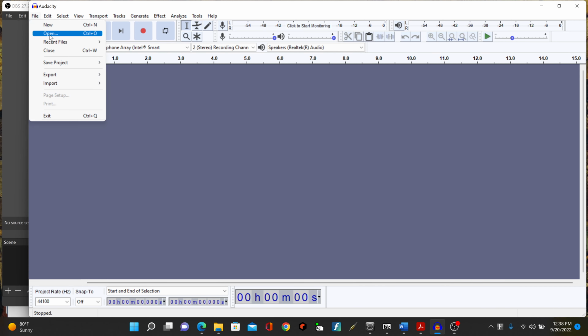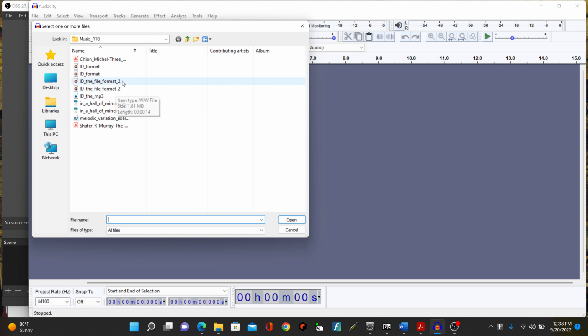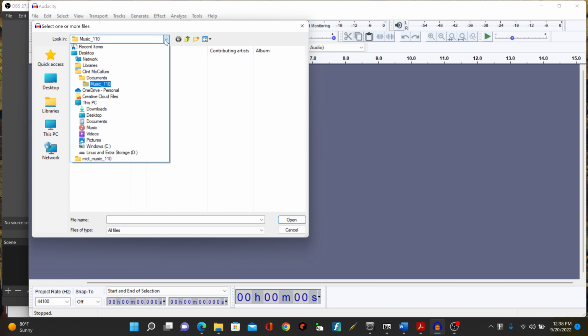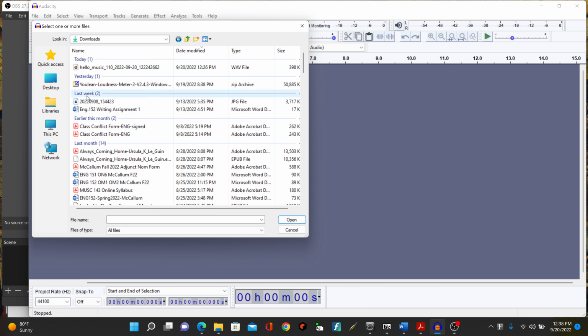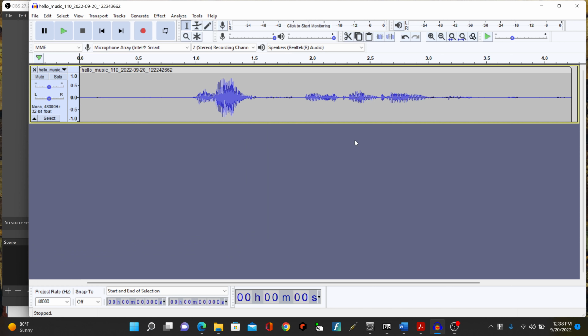If I go here, I'm going to open, and I'm going to have to find my downloads folder. All right, here we go. So if I double click on this file, what we see is a waveform. It's a mono recording, so it's not stereo. It's just one channel. And if I press play,